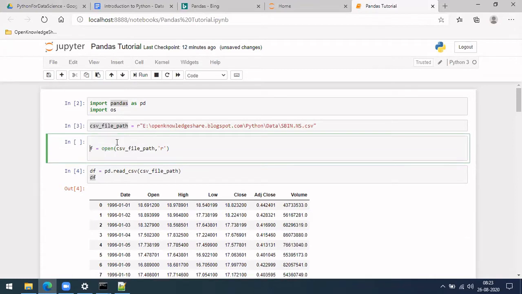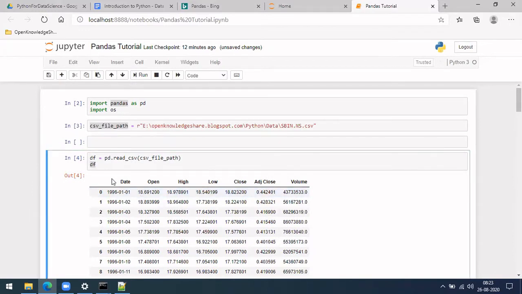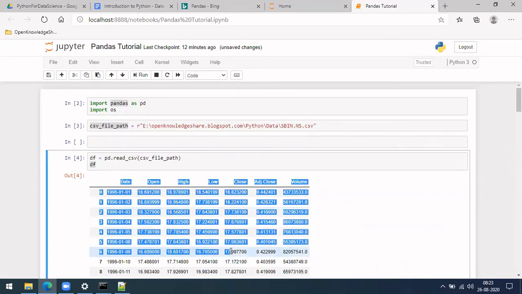Since it is a CSV, you again have to import csv, and whatever you get, you'll be reading it into a list and then using it. For just reading, this method is fine. But pandas is more about data handling. Once you have the data, let's say this entire thing is in a list, then you won't be able to perform the things I'm going to do next through a list.